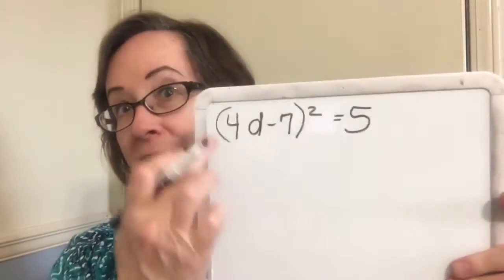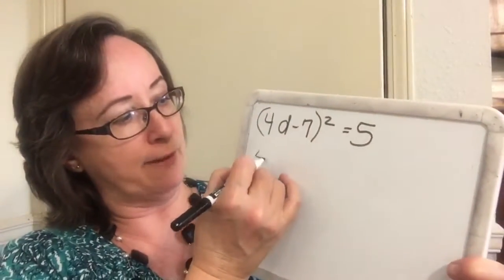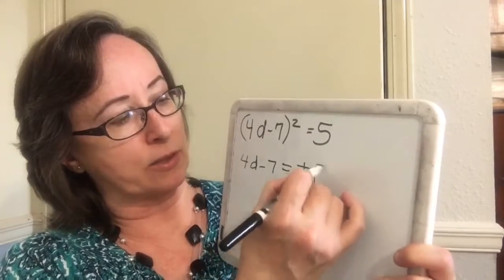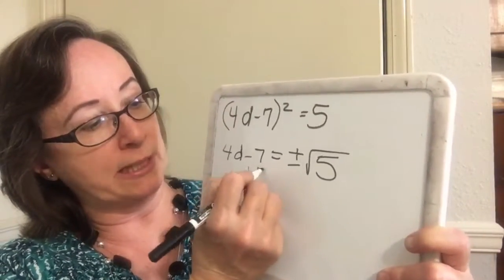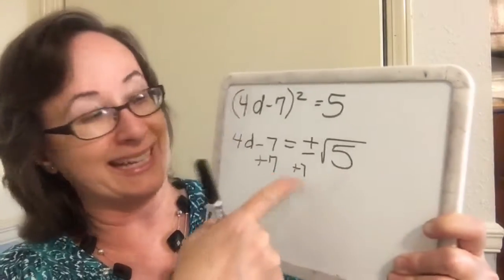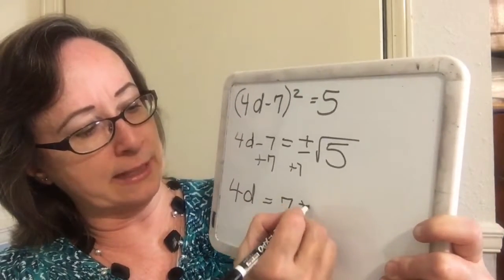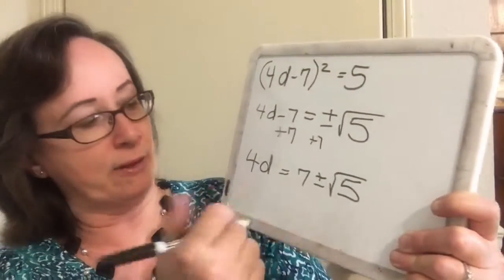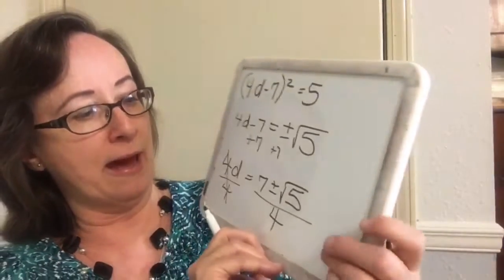All right, so here we have another binomial squared that we're trying to get rid of here. So we're going to take the square root of the left, 4d minus 7, and we're going to take the square root of the right, plus or minus the square root of 5. Now we've got a radical that's not going to come out, but we're going to proceed in the same manner. Plus 7 and plus 7 on the other side in front of the plus and minus. So we end up with 4d equals 7 plus or minus square root of 5. Okay, and then we're going to divide everything by 4 to get the d by itself and divide the right side by 4. So now we have d,